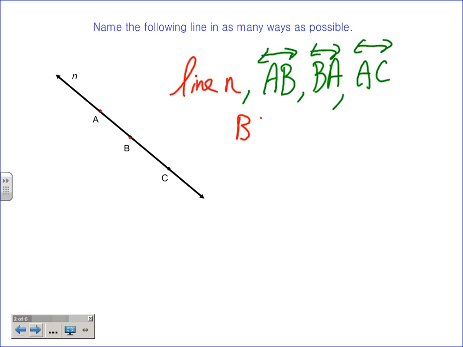And we'll just do a couple more. So we won't really do it in as many ways as possible, but B, C, that's good, right? You would all look at the right one. I think you kind of get the idea, don't you? How many ways you can name a line? There's a lot of ways, right? But let's say there was a point, maybe the D's over here. If I want to name that line there, should I use D? No, because D's not on it. That's not going to help me. So don't do that. Okay?